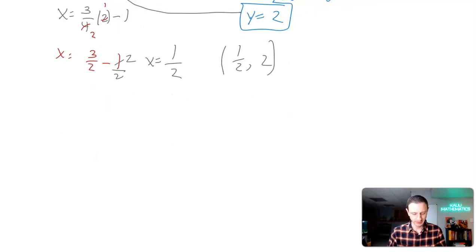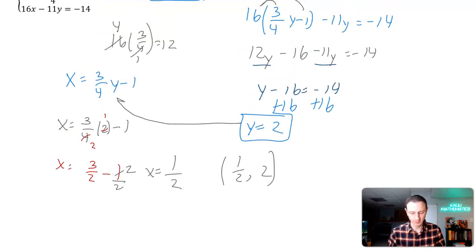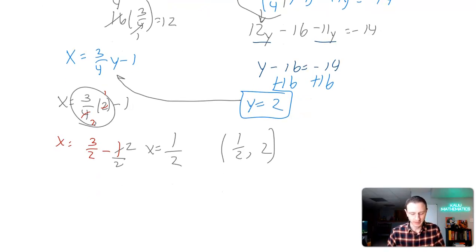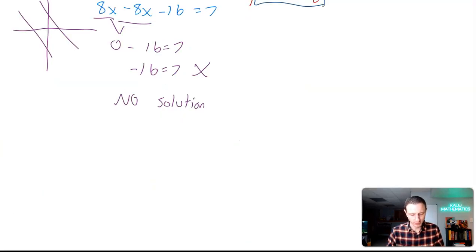And there it is. There is our solution on that one. So the key here is looking at this fraction when we do that substitution. This actually worked out nicely where we didn't have to deal with a bunch of fractions, but then in the back end of it, we did have to deal with that fraction. But nothing too complicated there. Nothing that isn't manageable. But I want to go back for a quick second, back to this no solution problem,